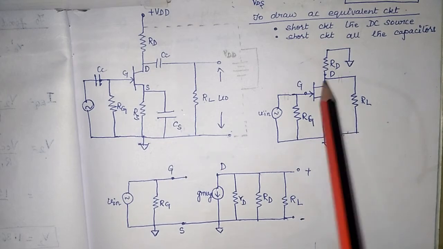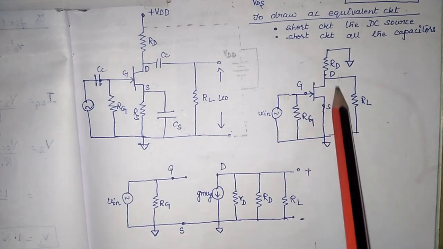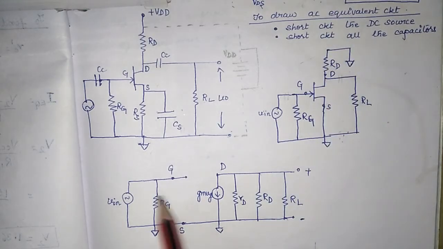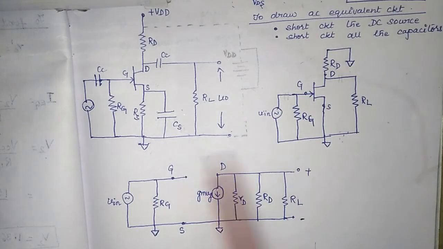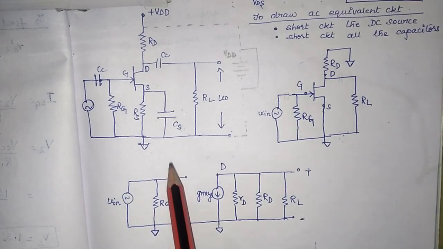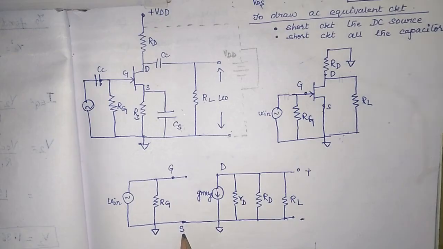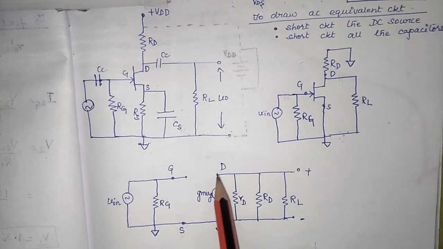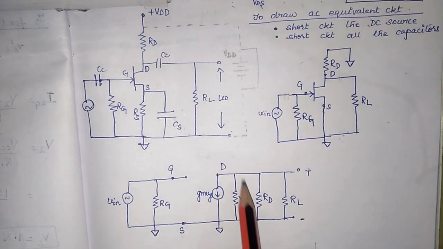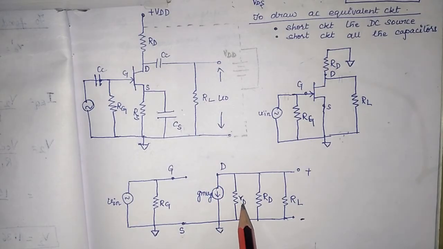Okay students. Now let me replace the JFET by the AC equivalent circuit that we have learnt. So what do I have? This part of it is remaining the same. Between the gate and the source, what do I have? I have an open circuit, as you have seen in the AC equivalent circuit. And what do you have between the drain and the source? You have a constant current source with a resistance in parallel. This is the internal resistance, please note. Then what do you have? You have RD and RL. Okay.